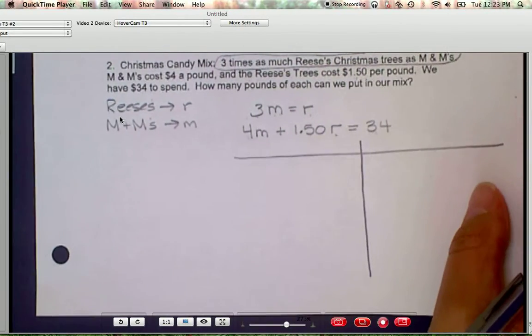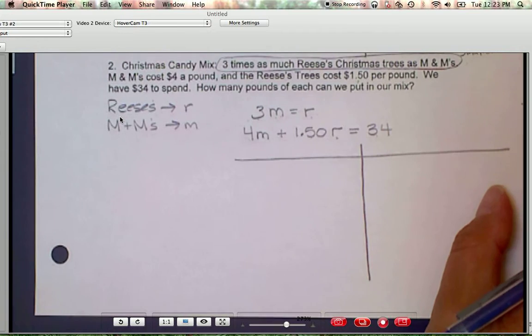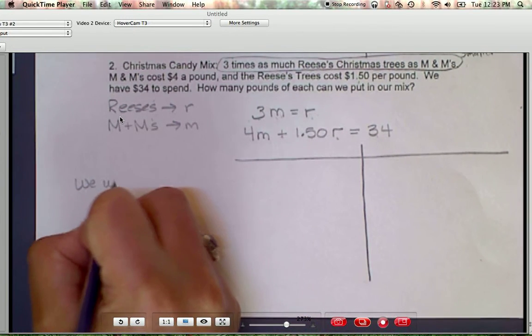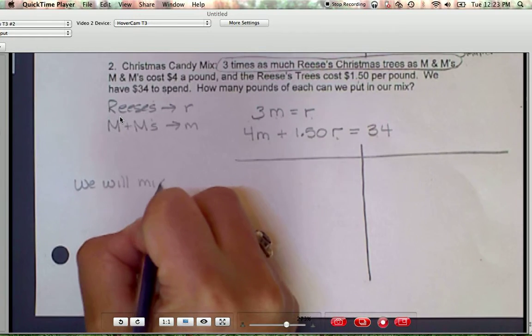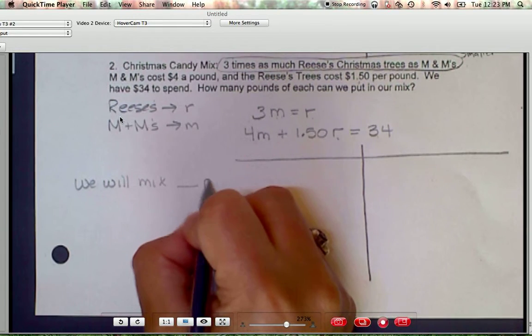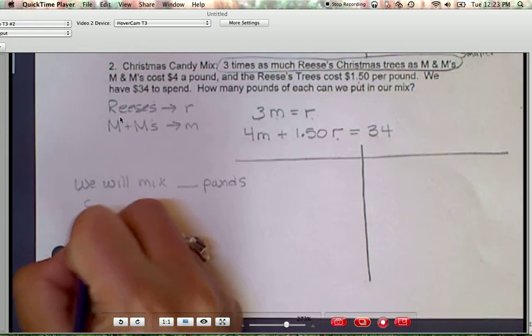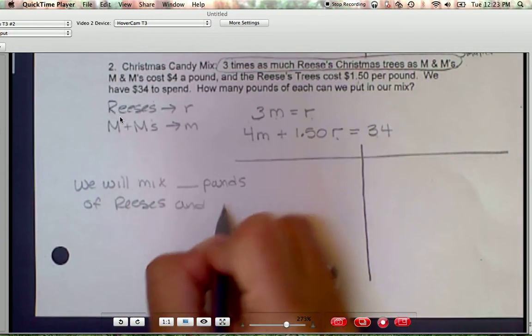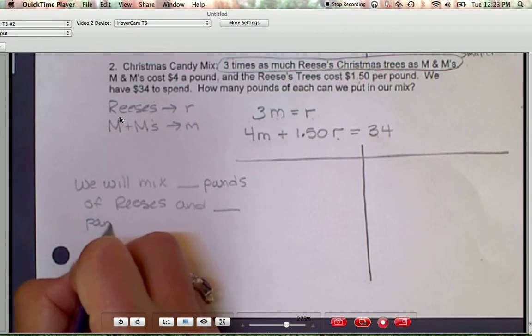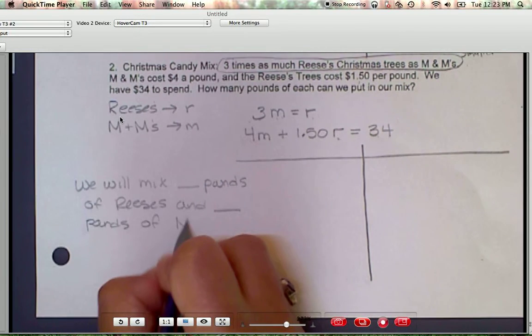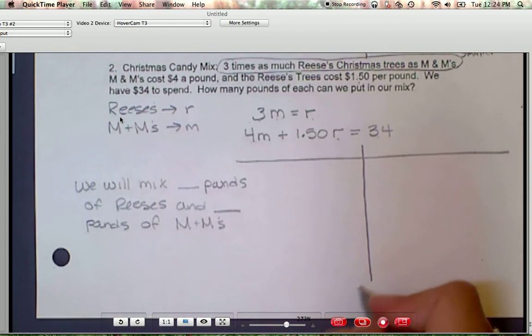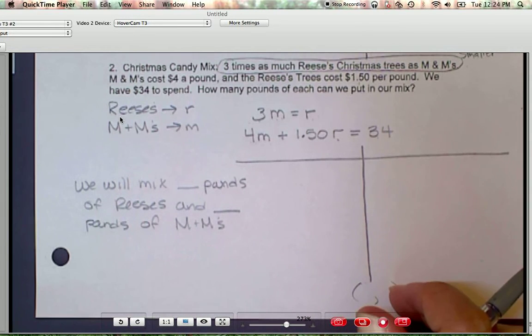Okay? In number 2, the question is, how many pounds of each can we put in our mix? All right? We will mix blank pounds of Reese's and blank pounds of M&Ms. So once you've solved it, instead of writing your answer as a point like this,